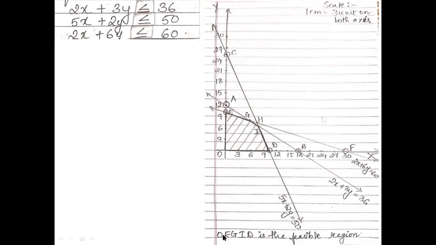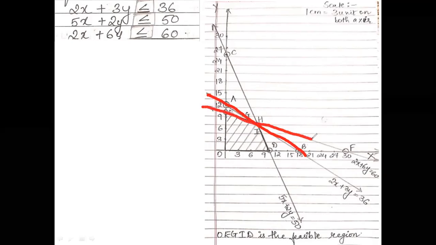Now out of these 5 coordinates, class, I don't have the coordinates of G and I. As I told you, you can find them by solving the 2 equations simultaneously. But the question arises which equations you will solve. So pay attention to the diagram. As you can see, point G is made by these 2 lines of the equations, this one which is going and this one. The point where they are intersecting has been named point G.